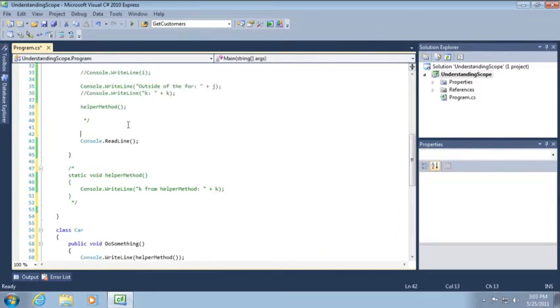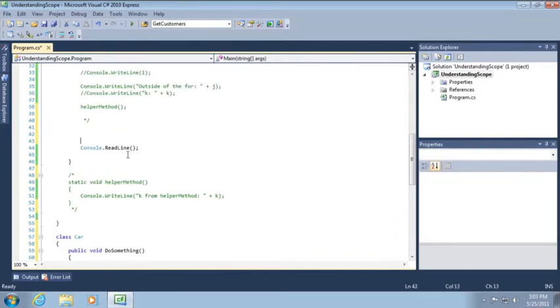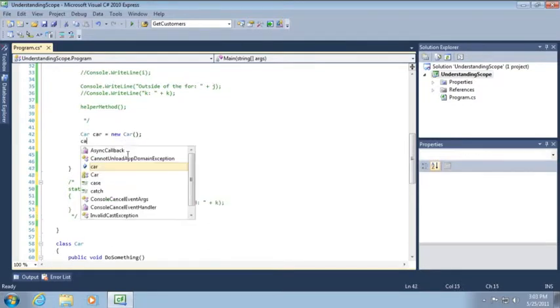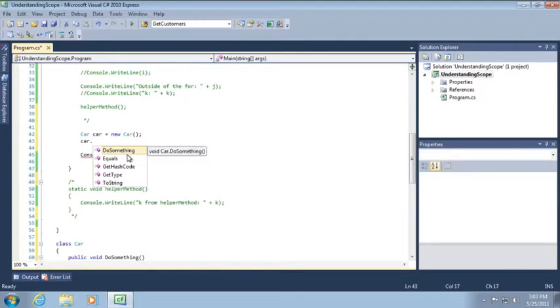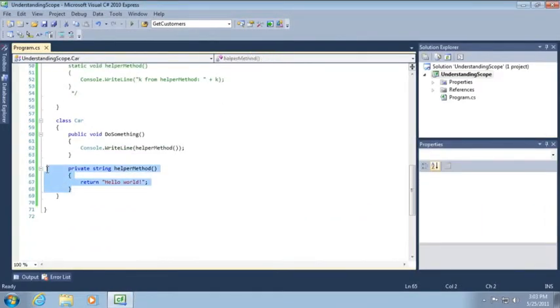And then what we'll do here is we'll create car equals new car dot, and you can see that in IntelliSense all I see is the public do something, capital D, we'll come back to that in just a moment, do something, but we don't see the private helper method, okay? And yet it'll still run even though